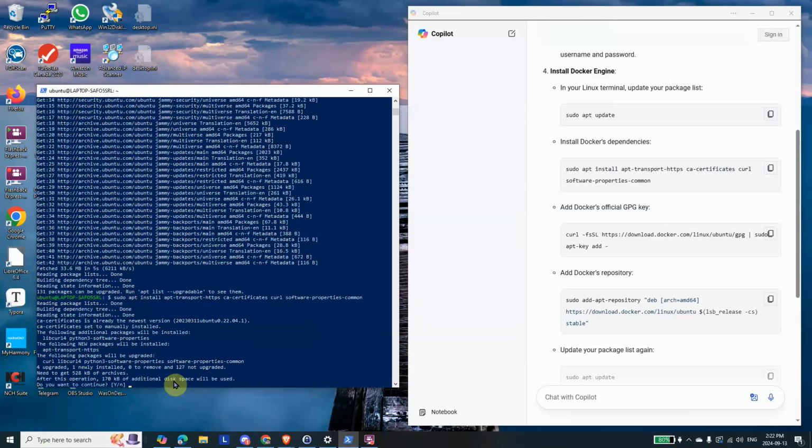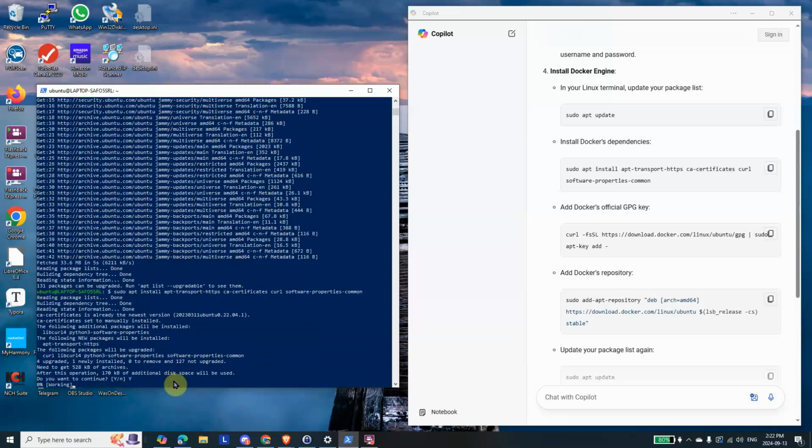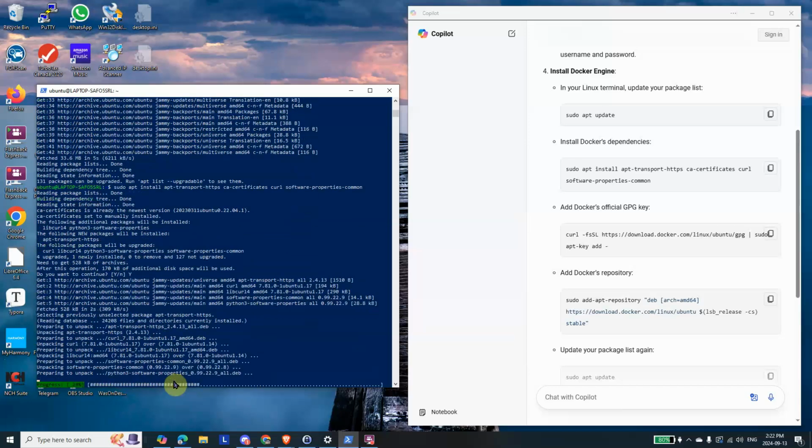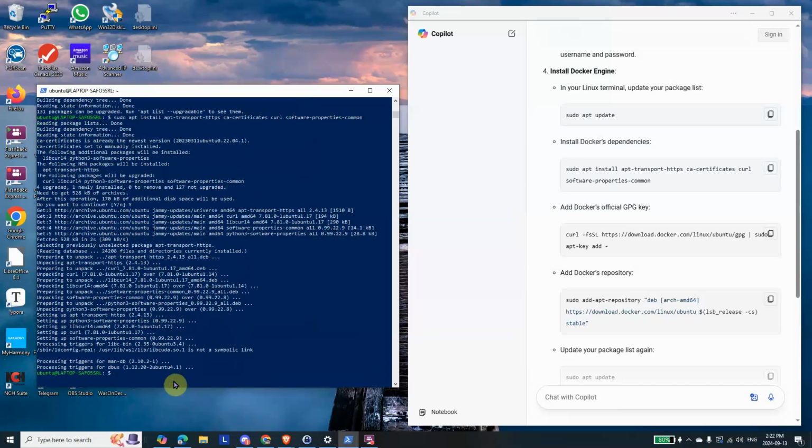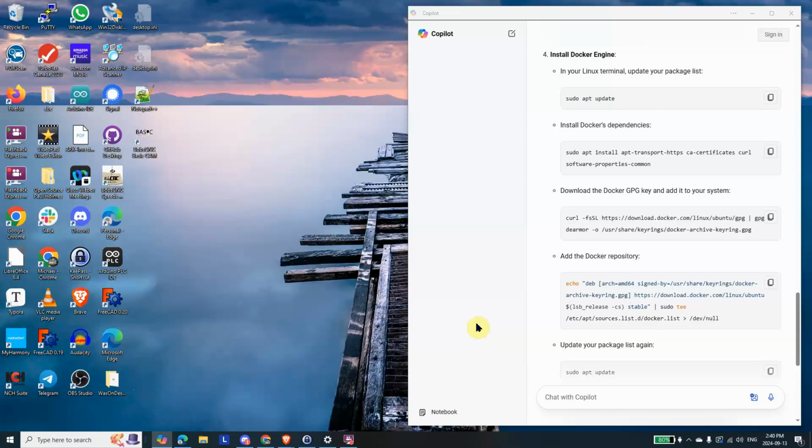Enter. Yes, that's what I wanted it to do. Okay, this is installing